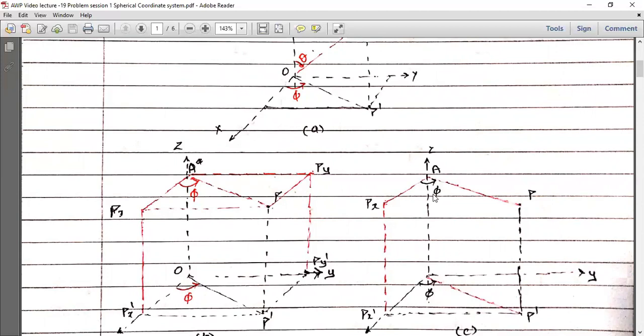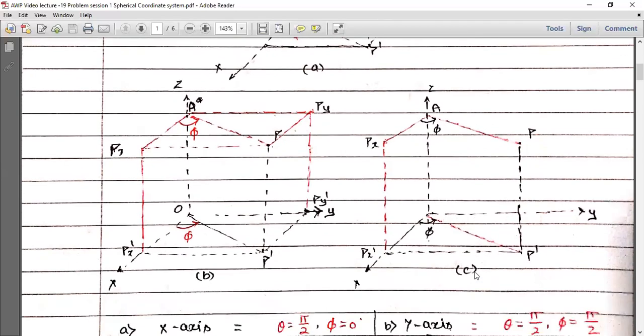The same logic is also represented here. You can consider this XZ plane to be like a wall, and this APP dash O is a door, and this door is moving away from the wall. At the initial position, when phi equals 0, the door will coincide with the wall, but when phi increases, the door will rotate anti-clockwise with respect to the wall, as you can see in the figure. If you improve your imagination this way, it will help us understand